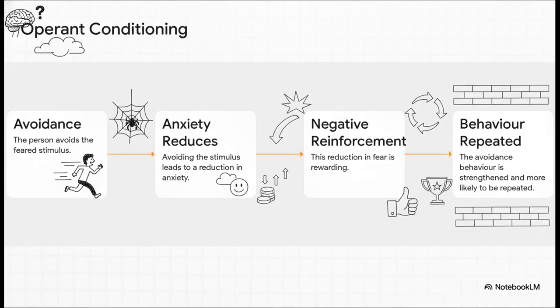So why doesn't the fear just fade away? That's where the second process comes in, operant conditioning. It's all about maintenance. Think about it. When someone with a phobia avoids the thing they're scared of, say they leave a room to avoid a spider, their horrible feeling of anxiety immediately drops. The removal of that bad feeling is called negative reinforcement. It feels good, it's a relief. So that behavior, avoidance, is rewarded and strengthened, making them way more likely to do it again next time. It stops them from ever learning that the spider, or whatever it is, isn't actually going to hurt them.